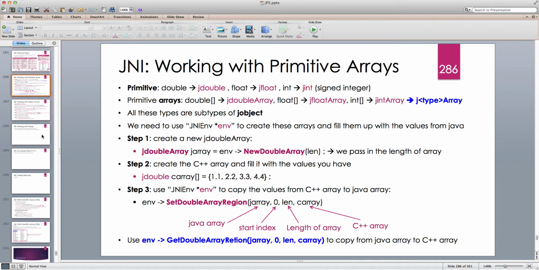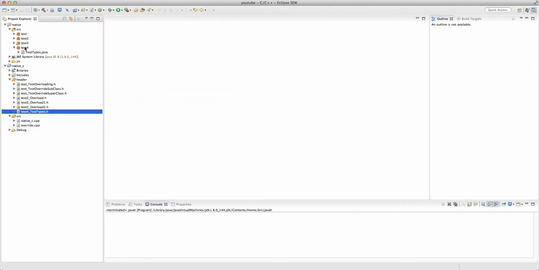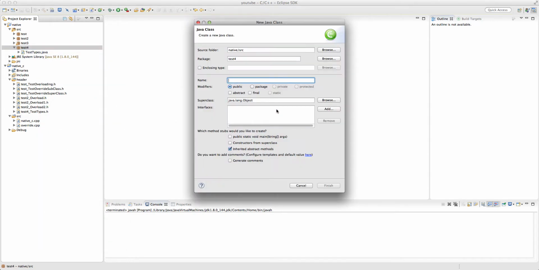But if we want to work with primitive arrays, we have to be careful, because the primitive array in Java and the primitive array in C++ are completely different. So I cannot create a primitive array in C++ and return it as the return parameter of a function to Java. It doesn't work like that. So we have to use some sort of conversion here. And this is where that JNI environment pointer comes into play. So the good news is that this JNI environment pointer takes care of all these conversions that we need. So primitive types, we can directly return them from a C++ function to a Java class, and I'm going to demonstrate it. So I'm going to create another class called TestPrimitive, and then here I'm going to have